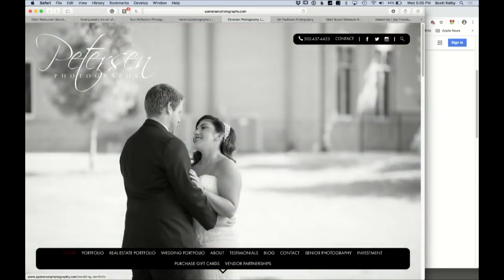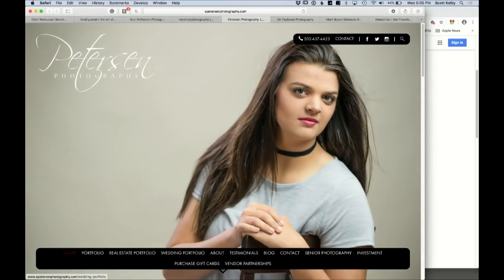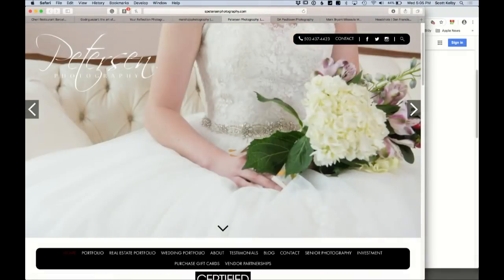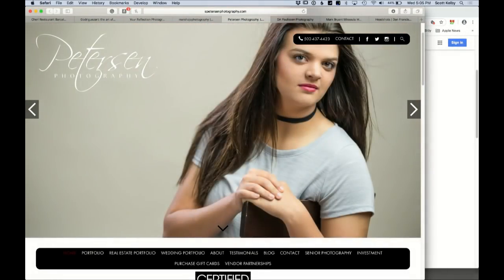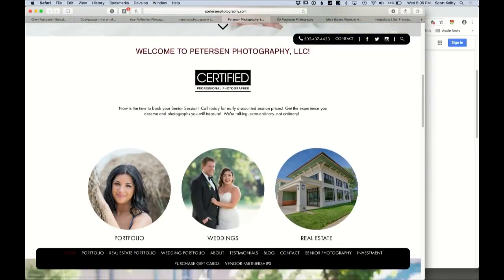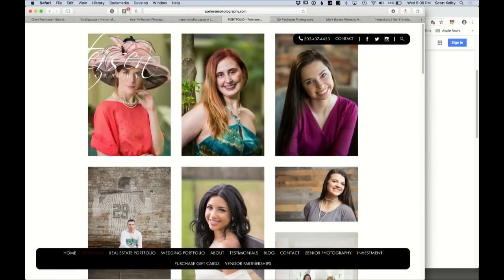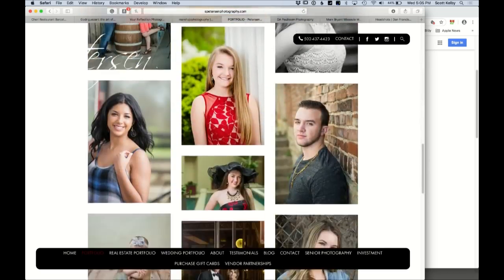All right. I like the big size. I'm not crazy about the auto thing, but they're up there long enough that it doesn't bother me. The extra couple of seconds does help. And look, you've got little indicators here. Oh, and it's just rotating through the first few. Okay, scroll down. What do we got? Some portfolios. Let's go look. That logo is over top of the...